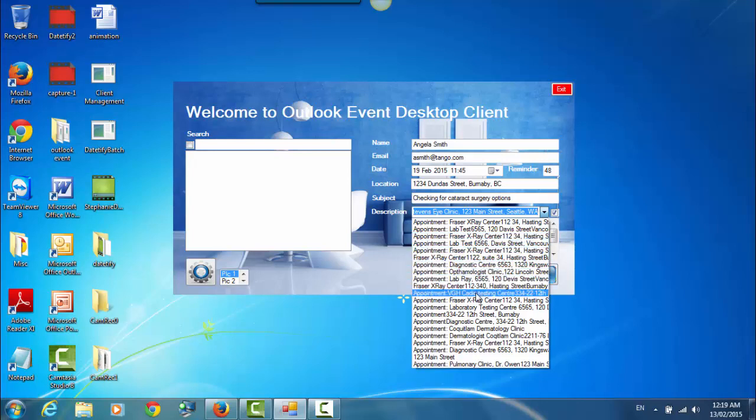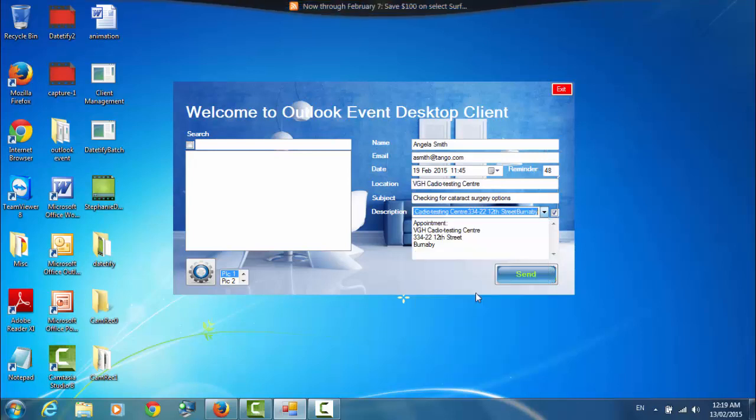So if, for example, Angela was going for a cardiogram, we could just simply click that, and now you can see that very quickly it populates the location up here. It's a VGH Cardio Testing Center, and it's also going to have the information right here. It's changed completely. Again, the only thing that we need to change is the actual subject, which is going to be, let's say,